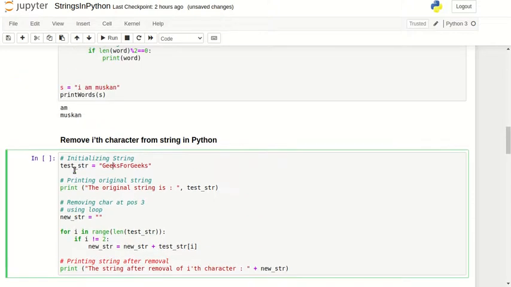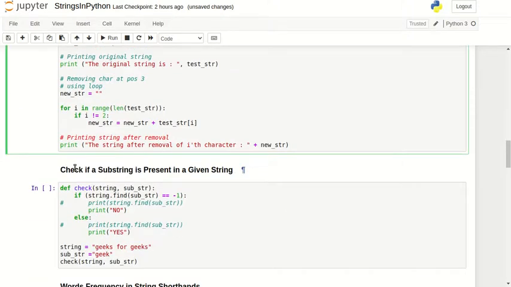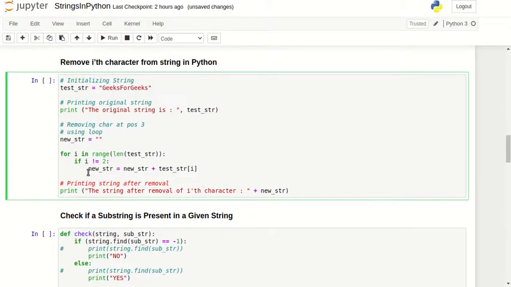Now if i is not equal to 2, then add this. So perform this only for 0 1 and not for 2, and for each and every index of the string. So for i in range 0 till the length of the string, if i is not equal to 2, perform this, and when i will be 2, then it will not perform this, and this will come out of the condition, and then this will continue for 3 4 until the end of the string.